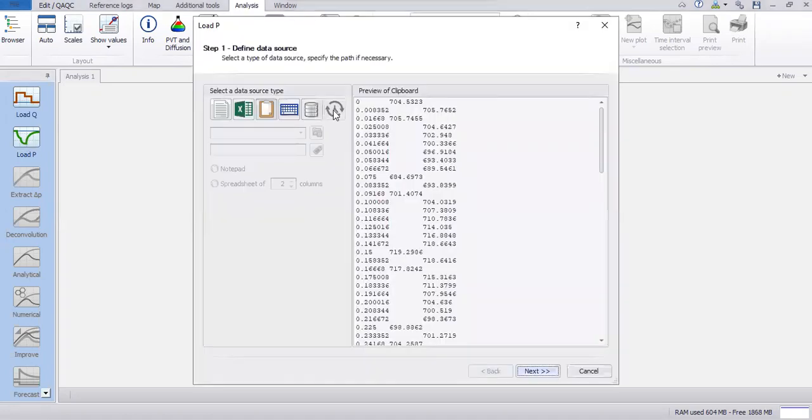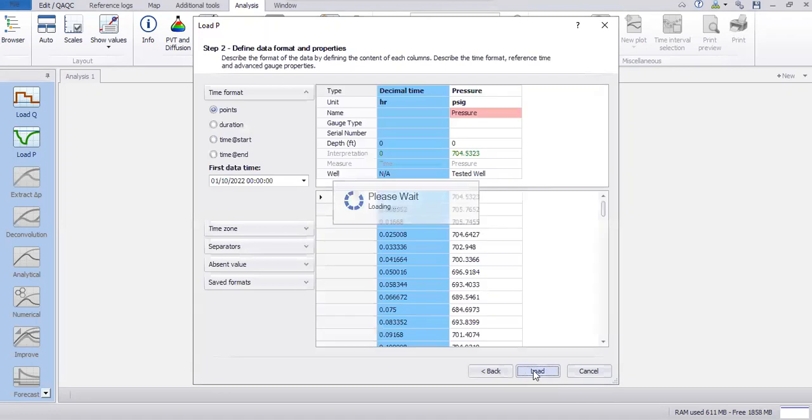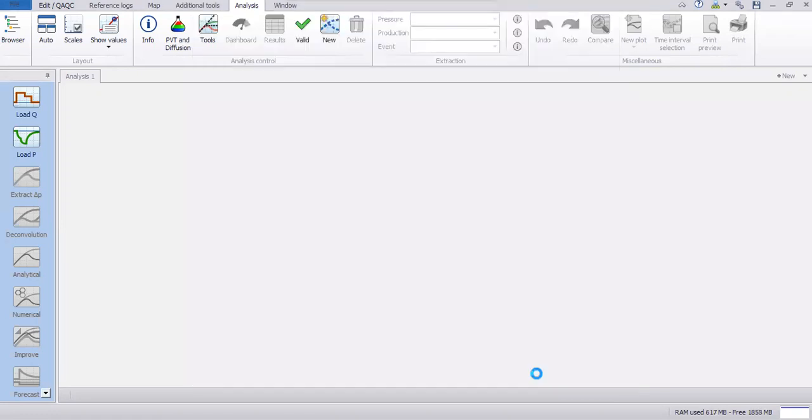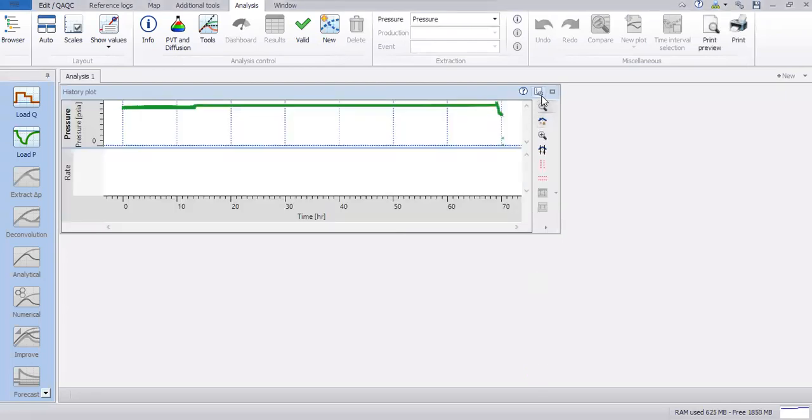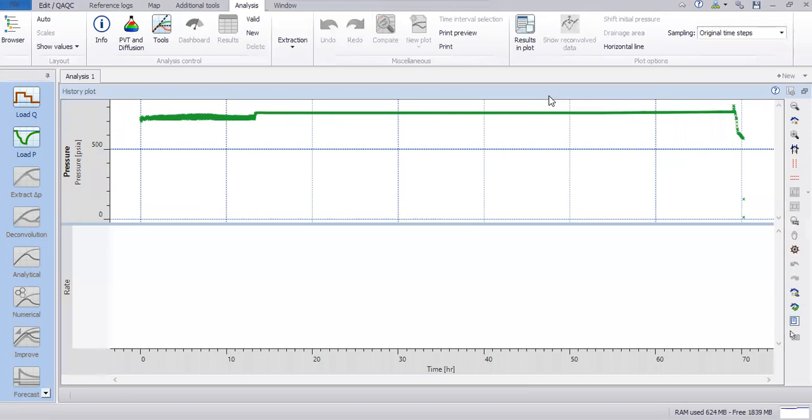And then yes, PSIG, time format points, click on load. Okay, I'm going to delete this one. This is not necessary. This is not important. And then for the flow rate,